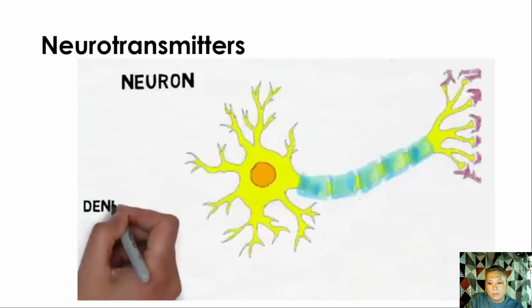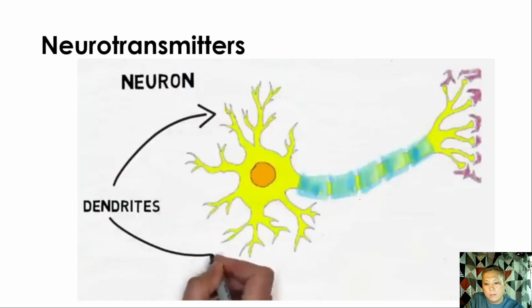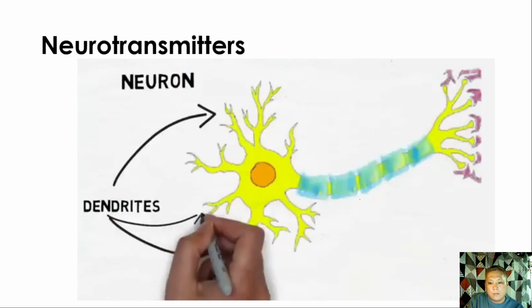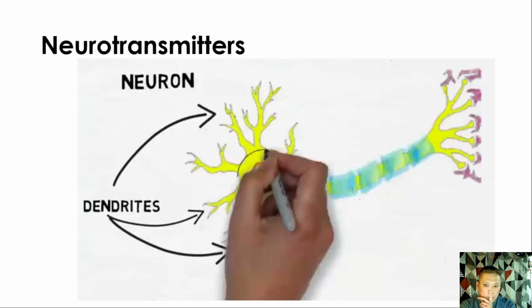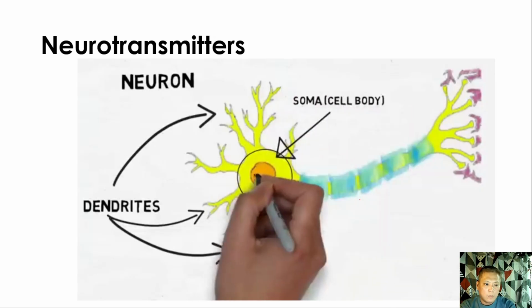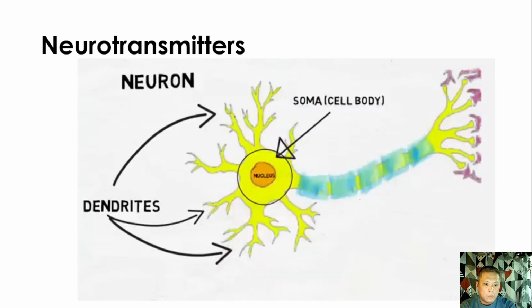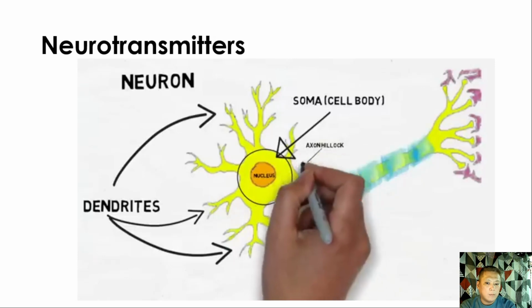The structures extending from the left side of the neuron that look a little bit like tree branches are called dendrites. Dendrites are the area where neurons receive most of their information. There are receptors on dendrites that are designed to pick up signals from other neurons that come in the form of chemicals called neurotransmitters. Those signals picked up by dendrites cause electrical changes in a neuron that are interpreted in an area called the soma, or the cell body. The soma contains the nucleus, which contains the DNA, or genetic material of the cell. The soma takes all the information from the dendrites and puts it together in an area called the axon hillock.